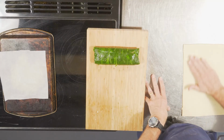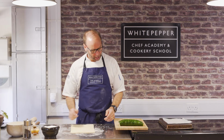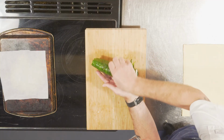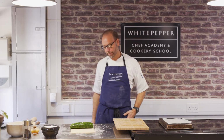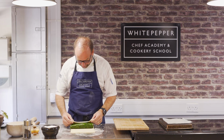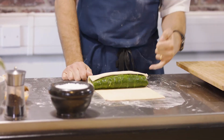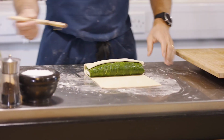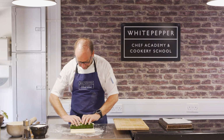So we've rolled our rough puff pastry out to a rectangle shape, similar to what we did with the spinach. I've removed the cling film, and carefully I'm going to serve the best side facing down onto my pastry, and I'm going to lift my pastry up, and I'm going to leave a gap about the size of my small finger just in the side so it's not too tight. I'm going to take a little bit of egg wash and just brush the other side, and carefully I'm going to roll this